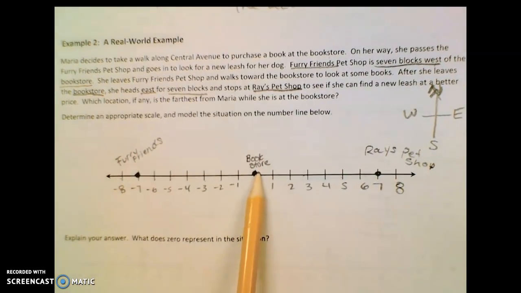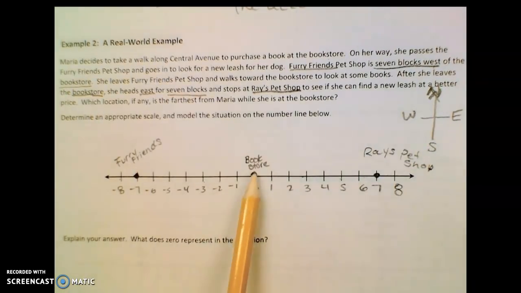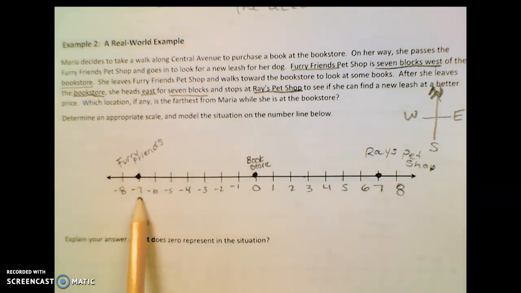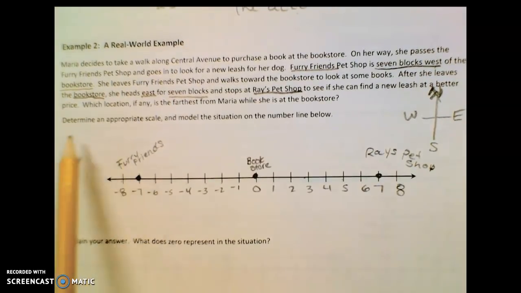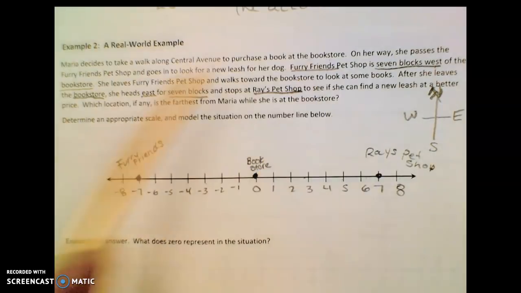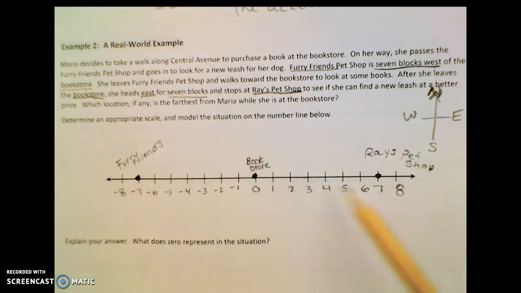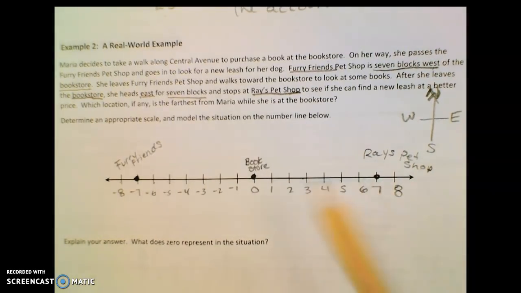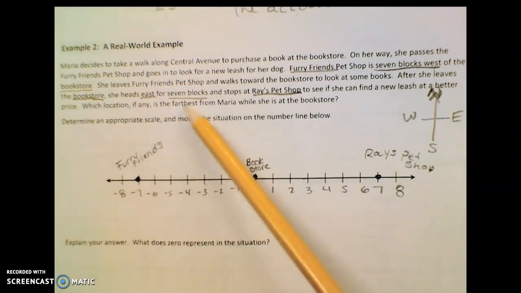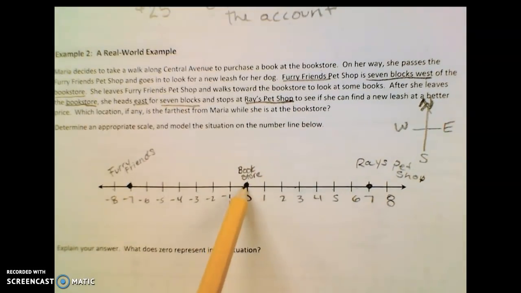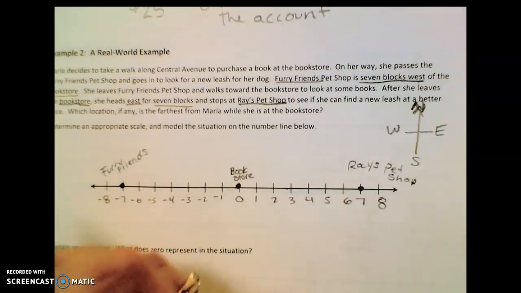So if this is the bookstore, I would represent west to the left of the bookstore, which could be described as being at -7 blocks, and that would be the Furry Friends. Again, reading very closely to make sure which one was described as west and which one was east is very important. So then we have Ray's Pet Shop over here, which is 7 blocks to the east of the bookstore. Our question says, which location, if any, is the farthest from Maria while she is at the bookstore? Well, if she's right here, which one is further? The answer would be